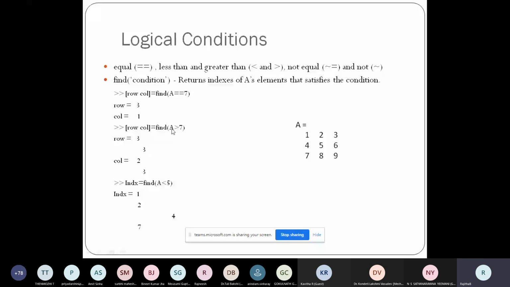Now you need to find the indices of all values greater than 7 in A. In the matrix greater than 7, you have two values, 8 and 9. Now you need to get the indices of 8 as well as 9, so row and column of 8, row and column of 9. So you got here the rows and columns of the corresponding values.